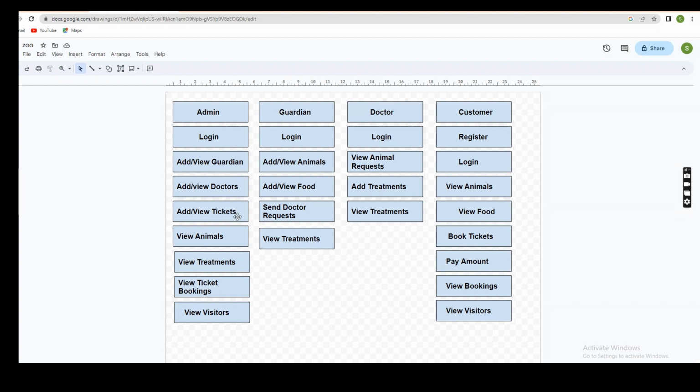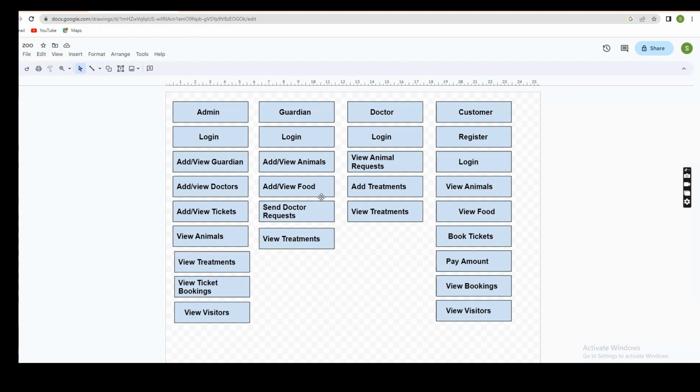After adding all this information to the website, the guardians will log in to the website with email address and password. After entering the website, the guardians can add and view the animals. They can add the animals to the website and view the animals on the same page. After adding the animals, the guardian will assign the food for the animals. By choosing the food, the food will be added by the guardian, and these both operations can be viewed on the same page. So after adding the food,